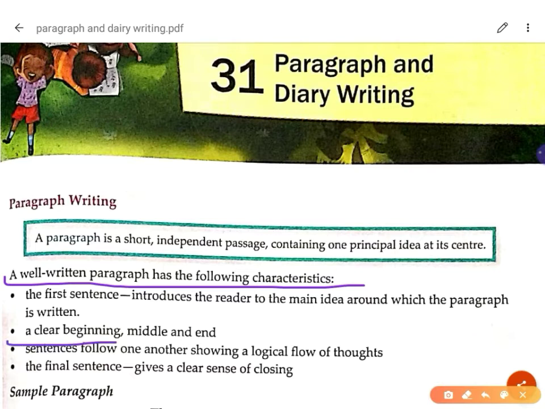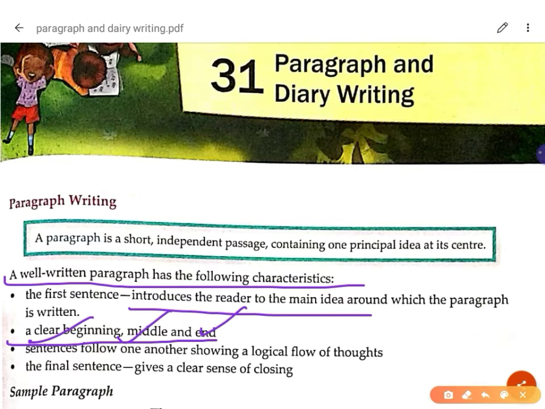Then the next is a clear beginning, middle and end. So there will be three parts. The first sentence, that is the topic, you can write down, so that could be counted as the title of the paragraph. Then you begin with a clear beginning about what you want to talk about, then a middle, and then an end, what should be done, what are the